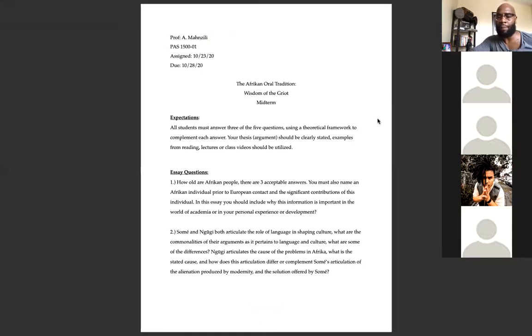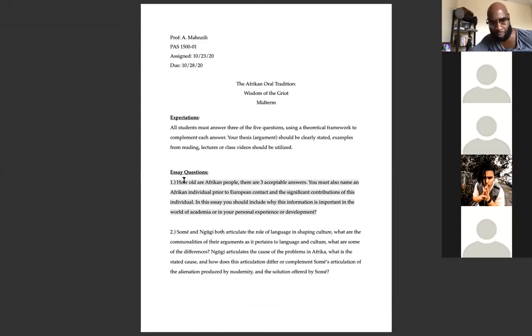So can everybody see that? All right, so we'll deal with question 1. So the question, how old are African people? There are 3 acceptable answers. You must also name an African individual prior to European contact and the significant contributions of this individual. In this essay, you should include why this information is important in the world of academia or in your personal experience or development, right? So that's 1 question, but you can see through that 1 question, there's like 3 questions